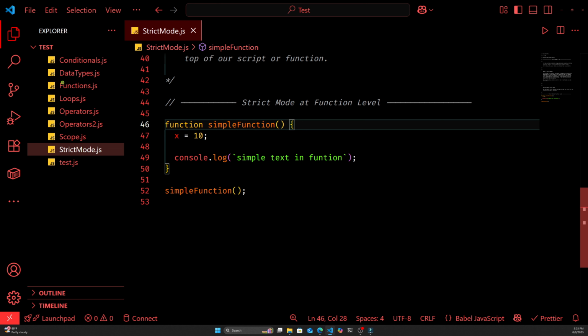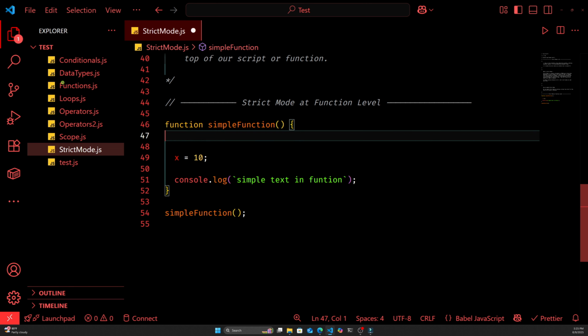Similarly, as we enable the strict mode at the global level, in the function level, we can also enable the strict mode. So how to do this? For enabling strict mode, first of all, at the very top of the function, we just write use strict. So now in this case, strict mode is enabled only within this function, not at the global level, but only within this function. So now if I save the file and if I run the file,